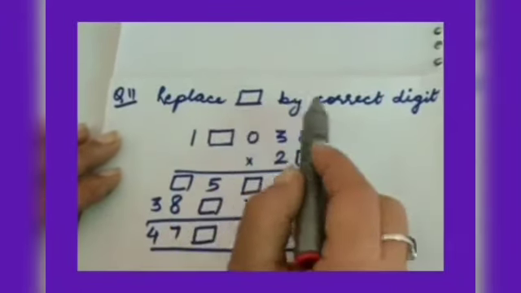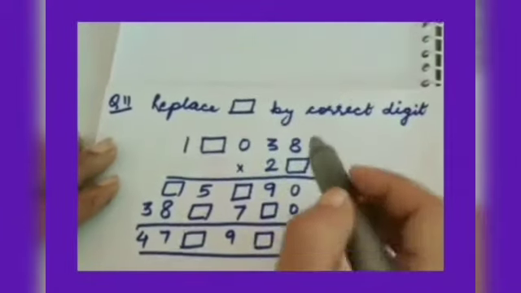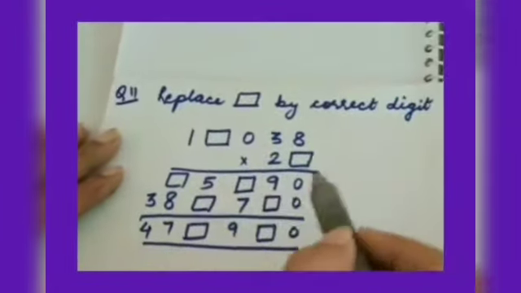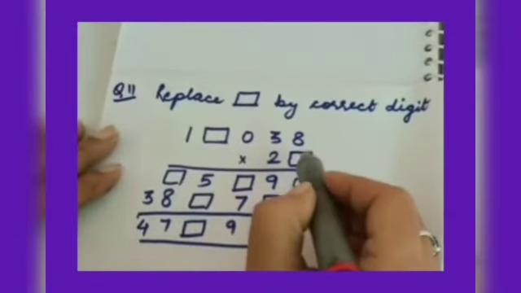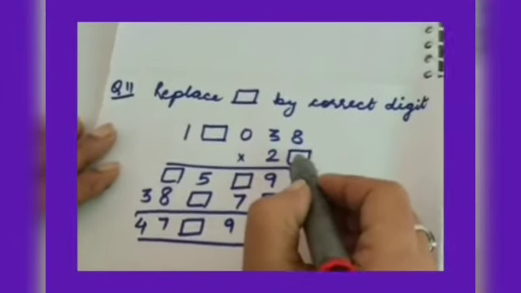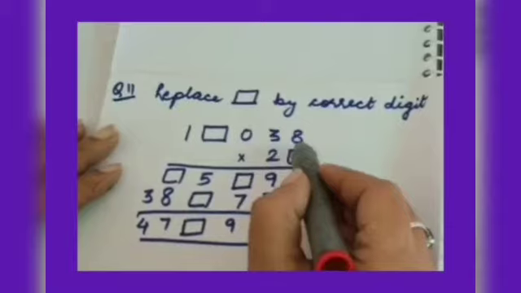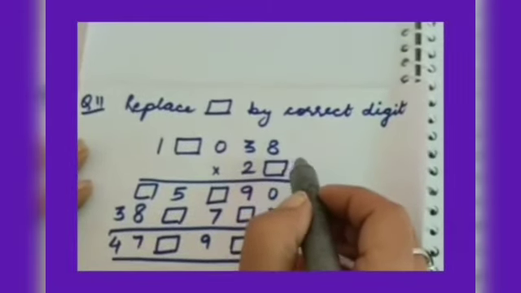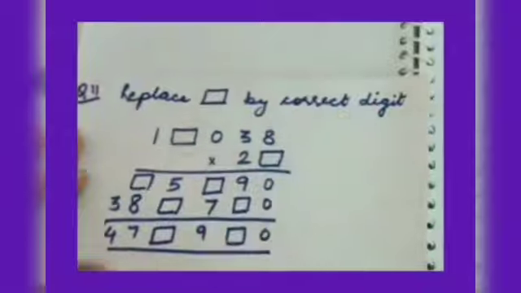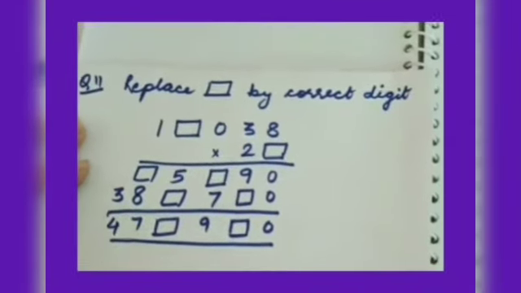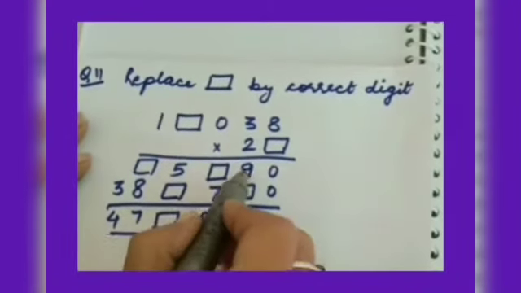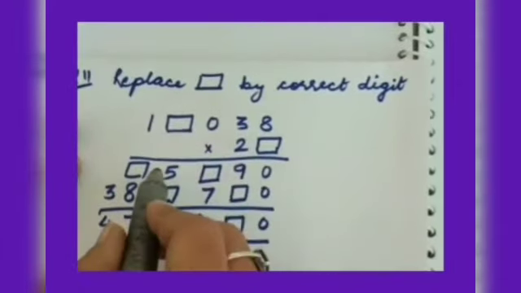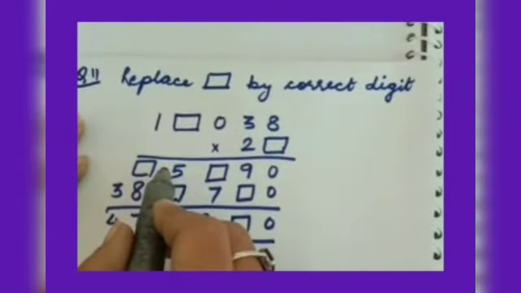You have to replace the blank box by the correct digit. Now here we have 2 blank spaces and the rest of the blank spaces are in the product. Now let us find out which number can be written over here. Now this is a single digit number. When multiplied by 8 it is giving 0. So it can either be 0 or 5. These are the two single digit numbers which when multiplied by 8 will give 0. Now 0 we cannot take because the rest of the numbers are also there. So if it would have been 0, then the rest of the numbers would have also been 0. So we cannot take 0.